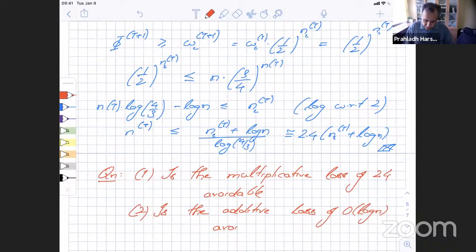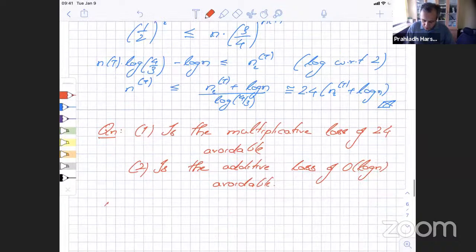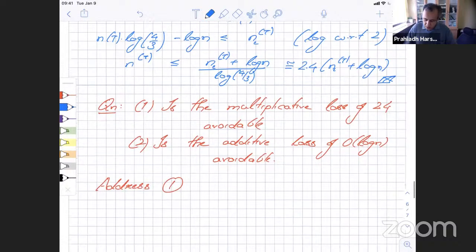So we'll first address 1. For that, we will modify Wm to Wm eta, which is basically the weight function going from